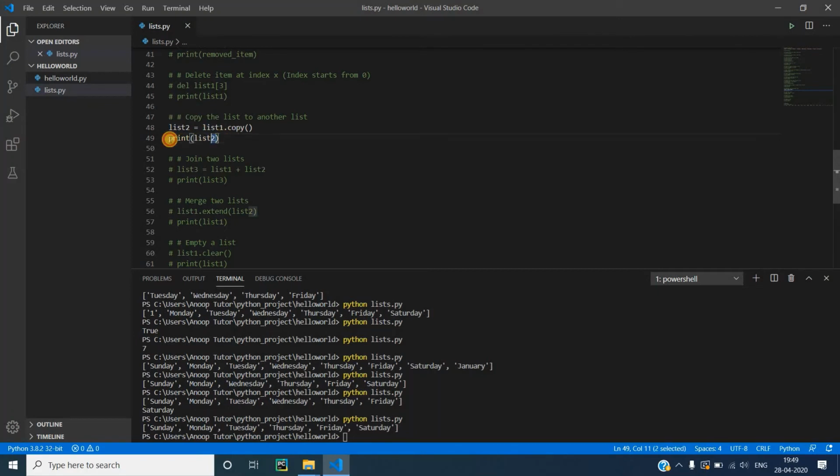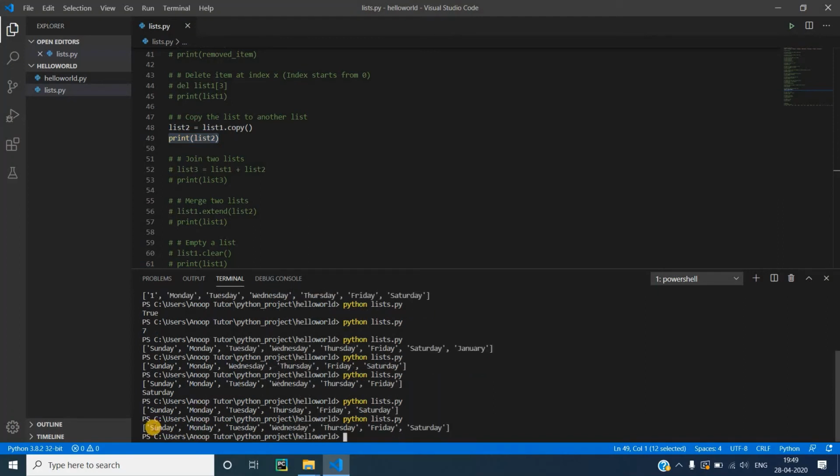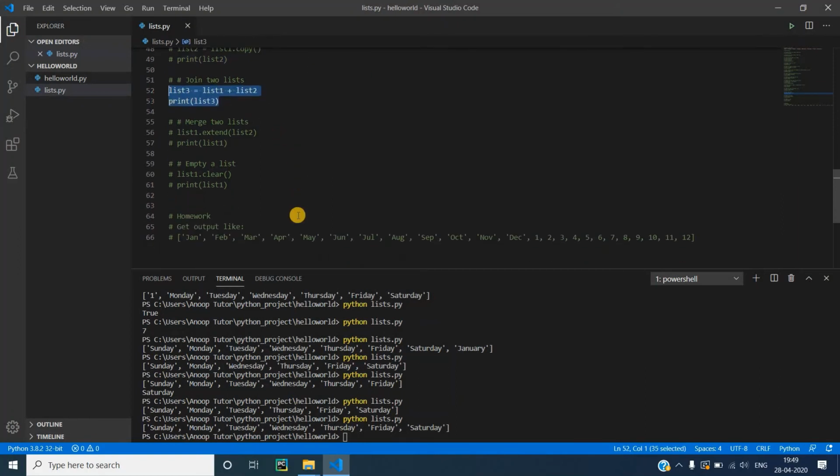And then I'm printing this value here so that we can see what's the value in list 2. You can see that list 2 when printed has the same data as it was there in list 1, which means we have successfully copied the data from list 1 to list 2. Okay, I'm commenting this example as well, and we move on to the next one, which is to join two